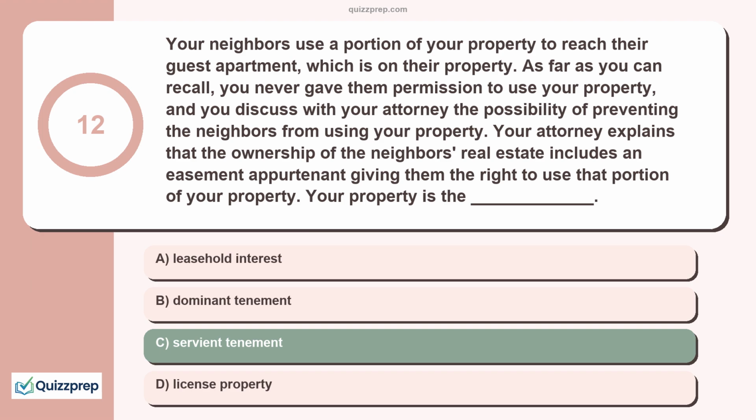An easement appurtenant allows the holder of one property to benefit from another's. In this case, your property is servient because it is the one burdened by the easement, while your neighbor's is dominant since it is the one that benefits. If you had given permission to the neighbors to use your driveway, you would have effectively licensed the neighbors, not the property. The word license is not typically used as an adjective for the word property.